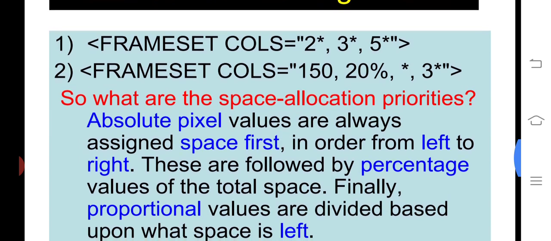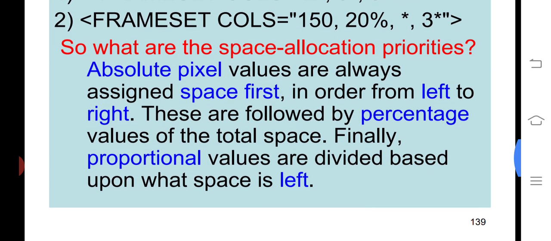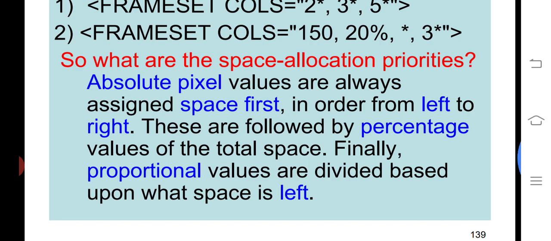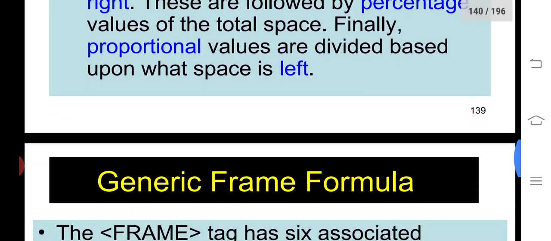For space allocation priorities, absolute pixel values are always assigned the space first, left to right. So the order is left to right only. Then the percentage values of the total space. Finally, proportional values are divided based upon what space is left.